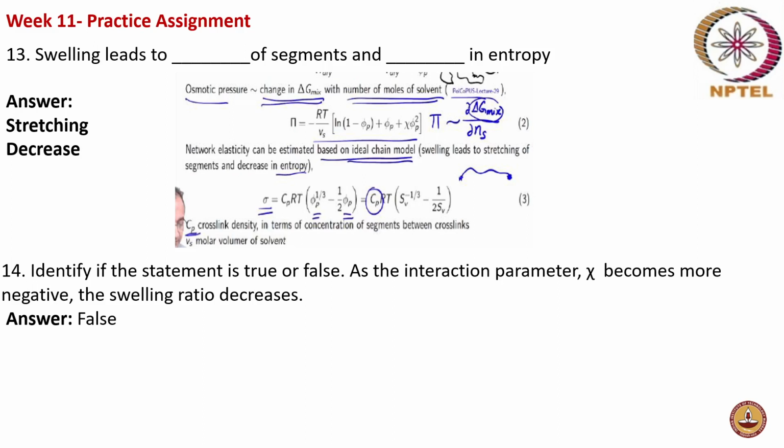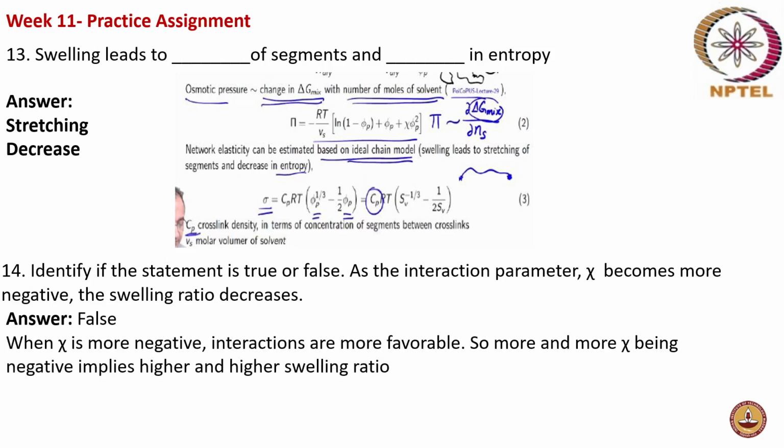So, though you didn't go through the lecture, logically you have said it is false. As you said, when chi is more negative, the interaction between the solvent and the polymer is more favorable. So chi being more negative implies higher and higher swelling ratio, based on the Flory-Rehner equation. You can see that this is minus chi, so it becomes minus of minus some value, it becomes plus, and obviously your swelling ratio will start increasing. Whereas it is inversely proportional to your cross-link density,